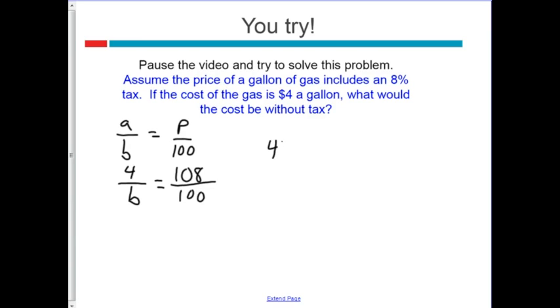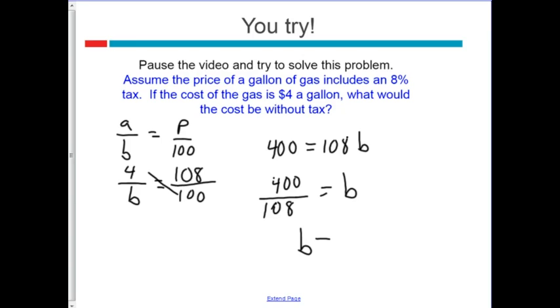So I get 4 times 100 is 400. I'm doing this. Equals 108B. So I get 400 over 108 equals B. And when I do that arithmetic out and I round to the nearest penny, I get that B is